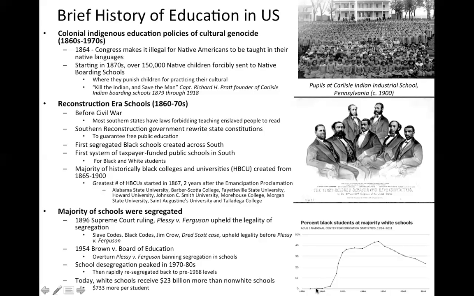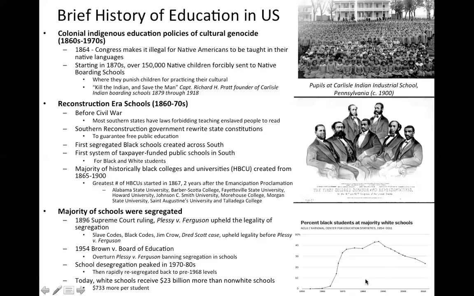This is a graph that shows the desegregation of white schools, and we really see, particularly between 1970 and the 1980s, a huge jump. That's because there's a lot of legislation and court decisions that really force schools to start opening up. And busing happens, and things like that. We'll talk a lot more about that in the next class.